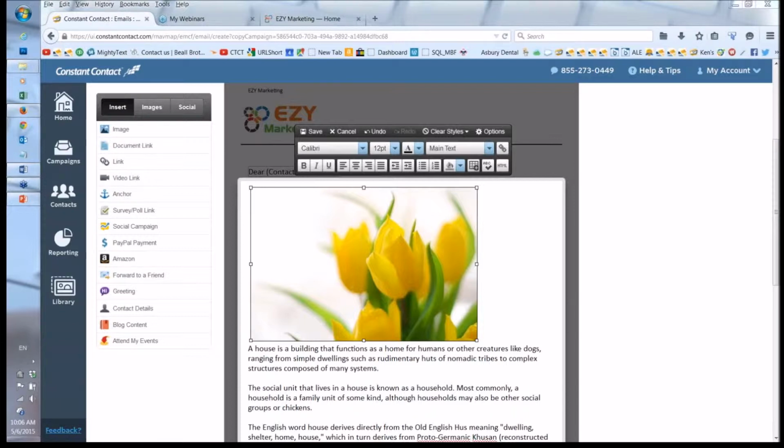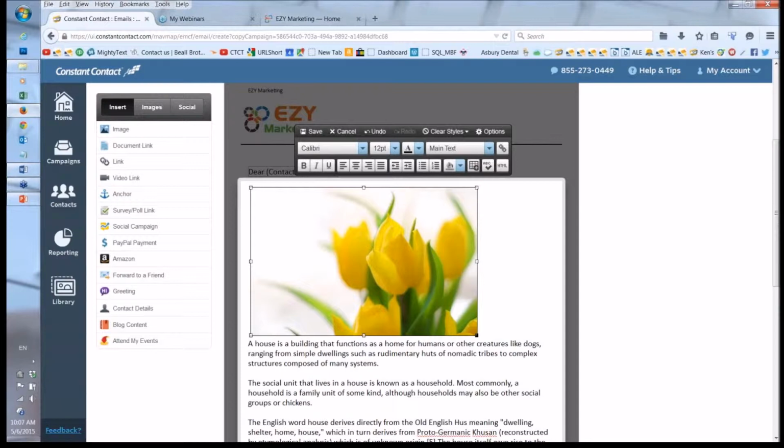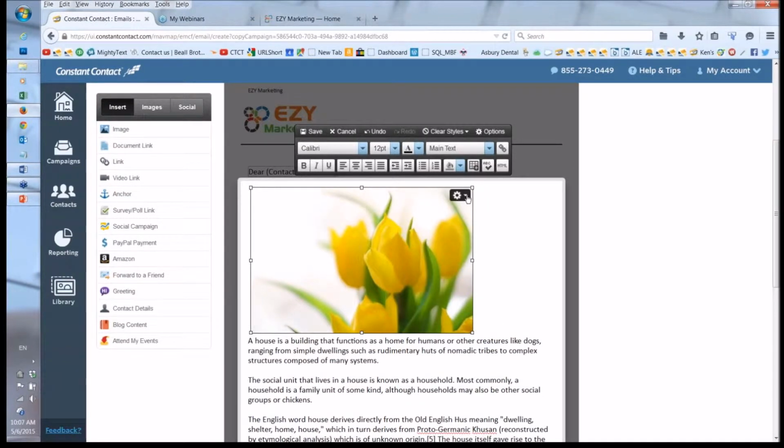And make sure that you always click in the lower corner, in one of the corners, because otherwise you will disturb the proportions of the image. You never want to click here. You always want to click in one of the corners. You also have the option in the upper right corner. You have this little gearbox,